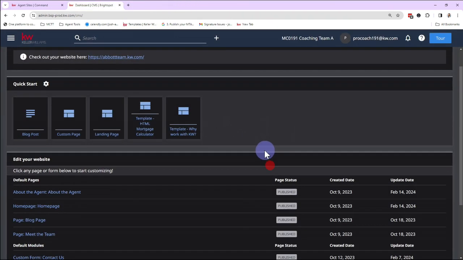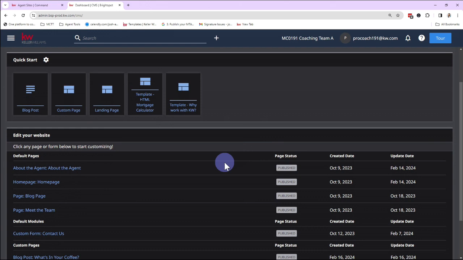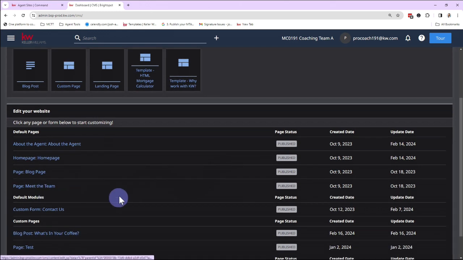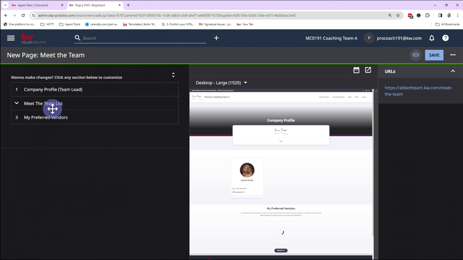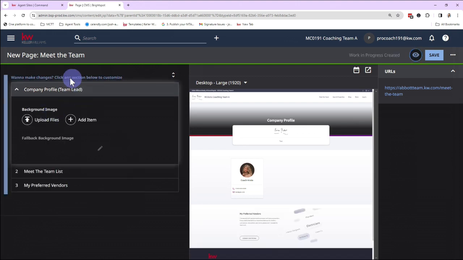And now we're going to look at a couple unique features for team pages in specific. And that is going to be, well, really this Meet the Team page. So we're going to go ahead and click on that one. And this thankfully is very easy to work with. But we have our company profile section,